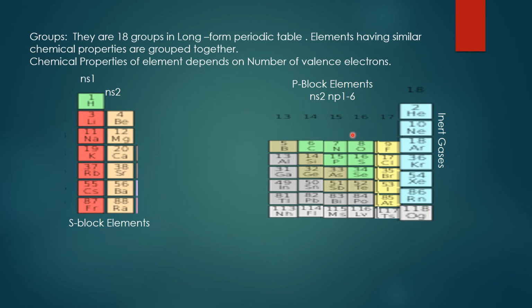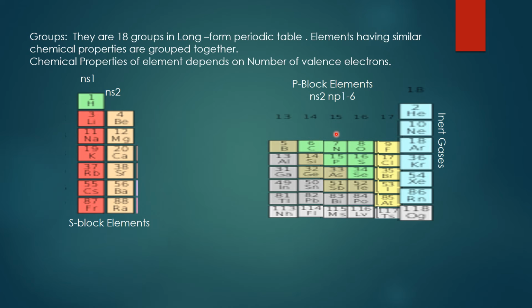Next, these are known as p block elements. How is it named? If the differentiating electron, the new coming electron, enters into the p orbital. For example, consider boron. Boron's electronic configuration is 1s2, 2s2, 2p1. 2p1 means the new coming electron entered into the p orbital. Next, carbon is 1s2, 2s2, 2p2, so two electrons enter into the p orbital.